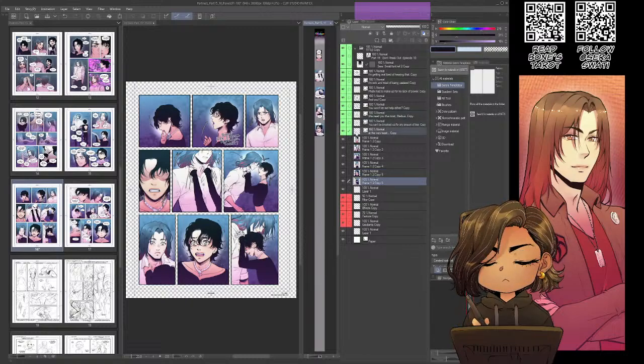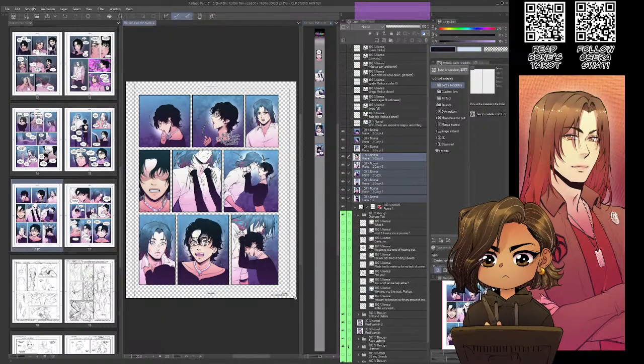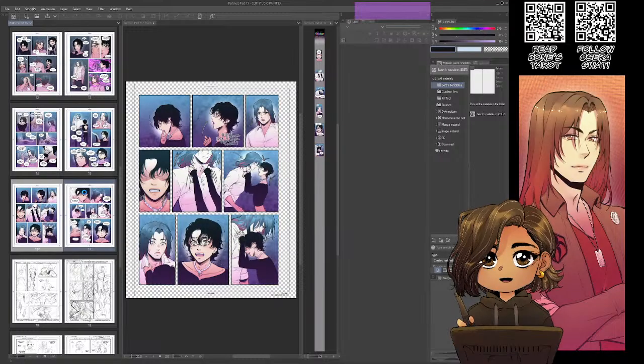That and this. Awesome. And then we just need a couple more panels from this page.